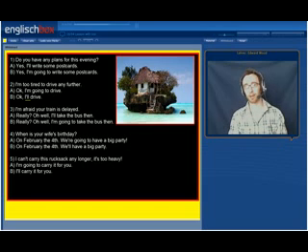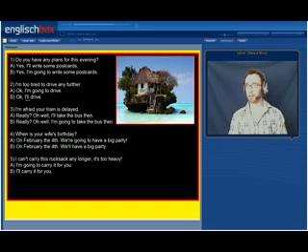How about number 2? I'm too tired to drive any further. Okay, I'm going to drive, or okay, I'll drive. Hopefully here you think letter B is the best answer, because this is a more spontaneous decision, something you decide in the moment. Your partner turns to you and says, I'm too tired to drive any further, and so immediately you think and you offer yourself to drive. I'll drive.